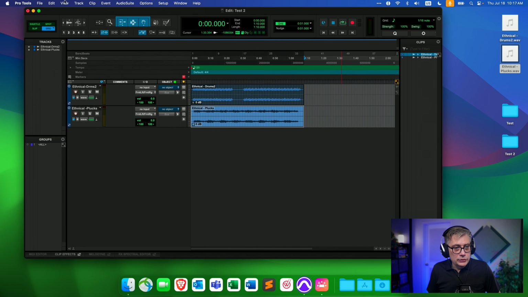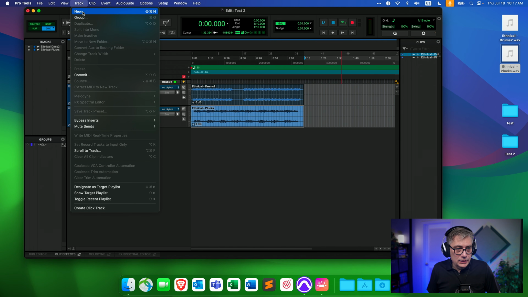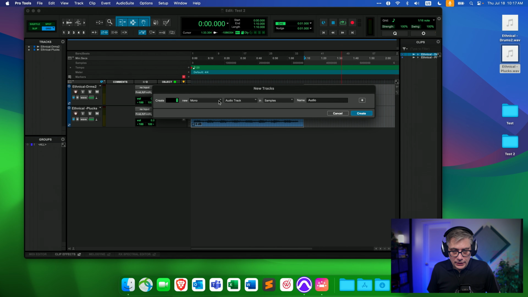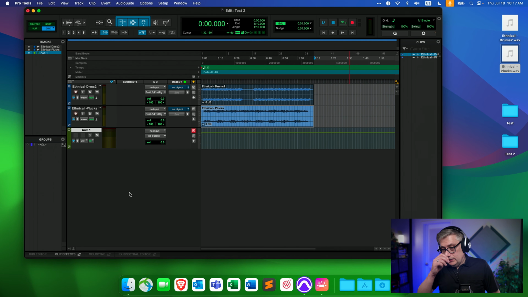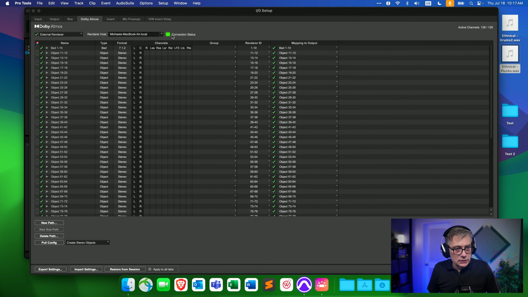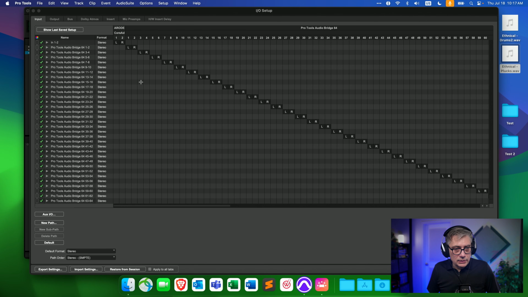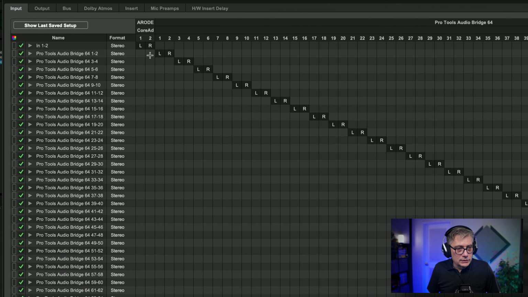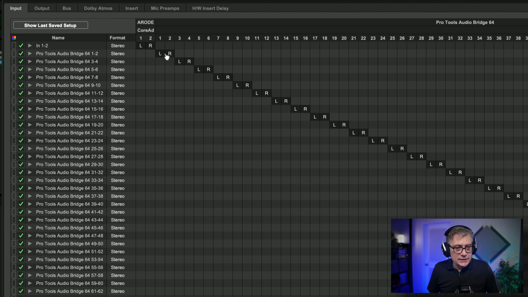So what I'm going to do is simply add a new track, and this track is going to be a 7.1.4 track. We're going to make that an auxiliary input track, and let's create that. Now, if I select an input, I don't really have any options, and the reason for that is because I currently don't have a 7.1.4 input. So what I need to do is go into the input-output settings, and under input, I essentially need to select what channels are going to be my 7.1.4.